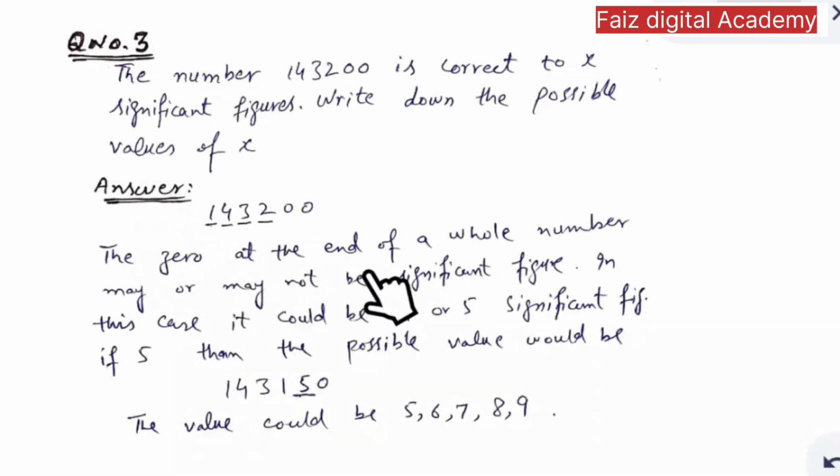The 0 at the end of a whole number may or may not be a significant figure, as per the last rule that we have learned to determine the significant figures. In this case, it could be 4 or 5 significant figures. If 5, then the possible values would be